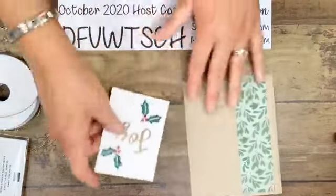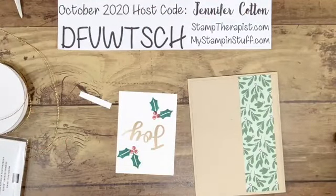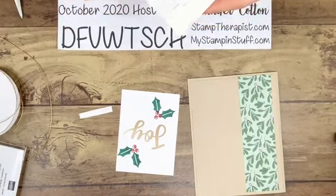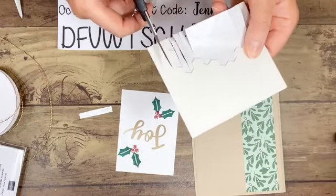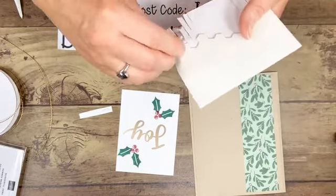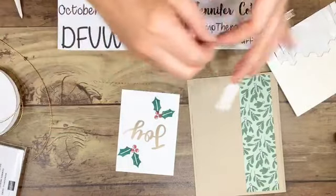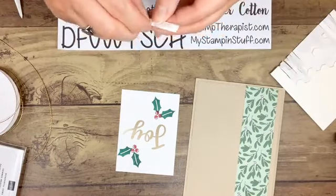Actually, I'm not ready to turn that over yet. Let me fix it up. I'm going to put To the World on with Stampin' Dimensionals. Get a couple of my pieces here. And then, that was more than a couple. They all came off as one piece. And then